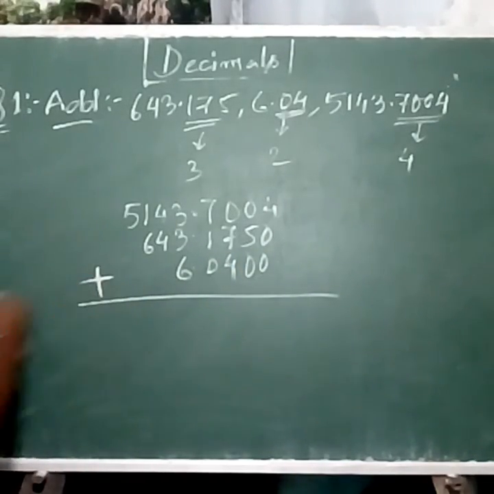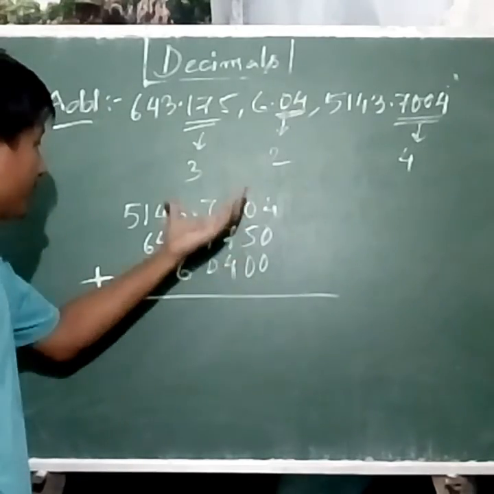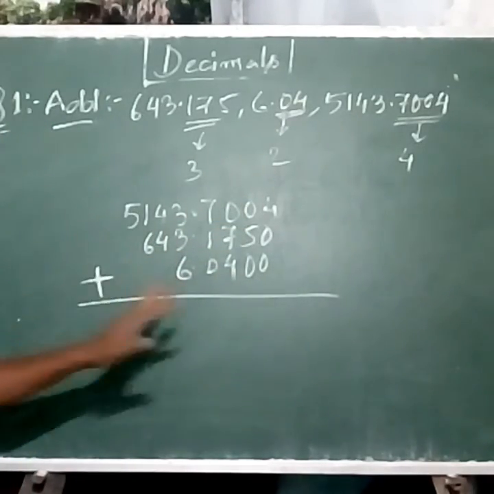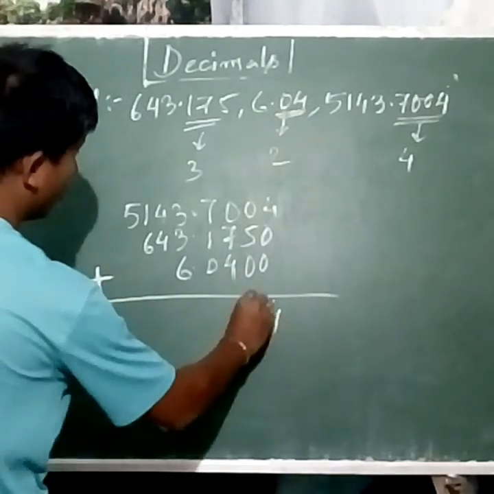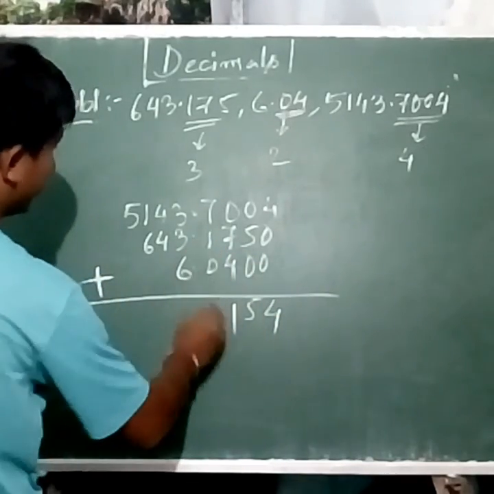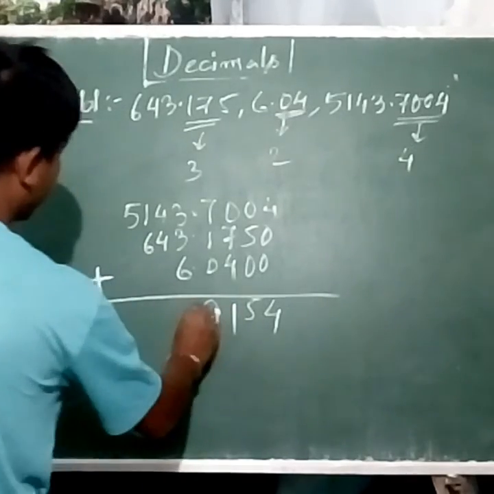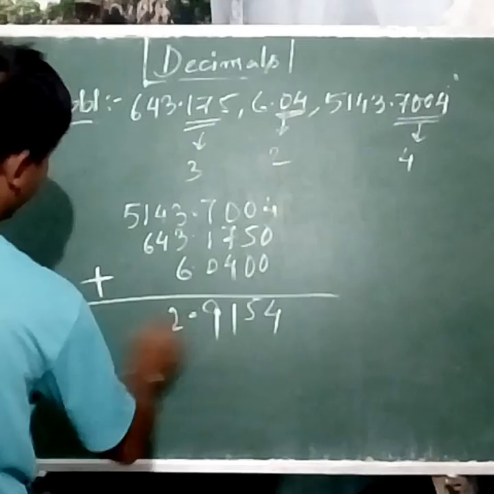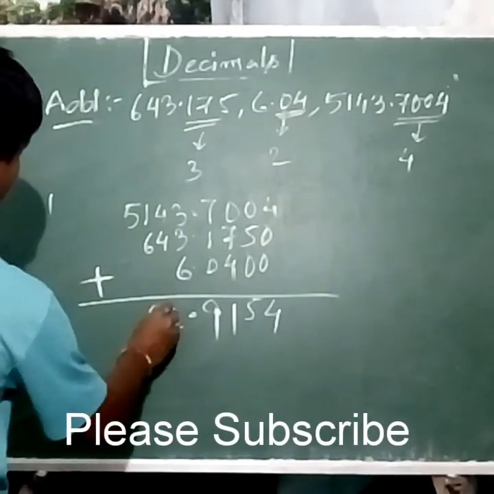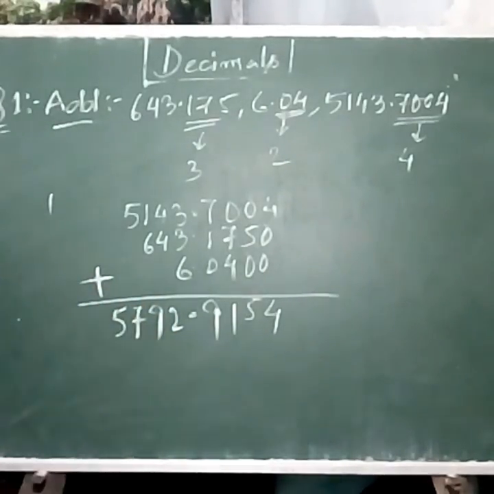So this is converted from unlike to like. Now all of these numbers are like decimals. So add it up. 4, 5, 7, 8, 9, 9, 12, again 9, 7. So 5, 7, 9 to